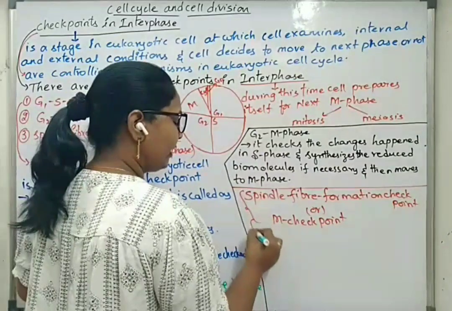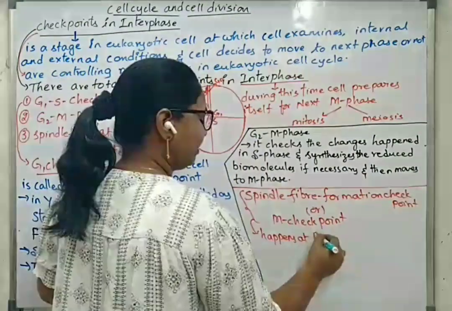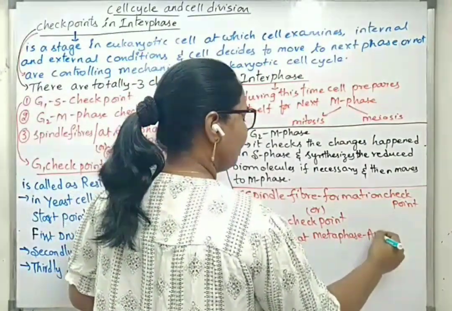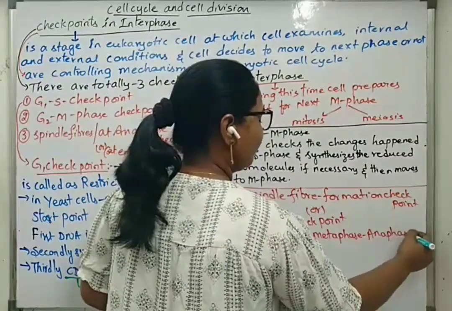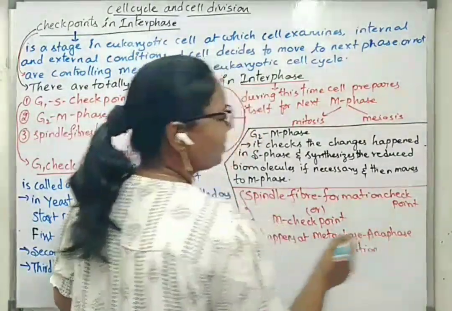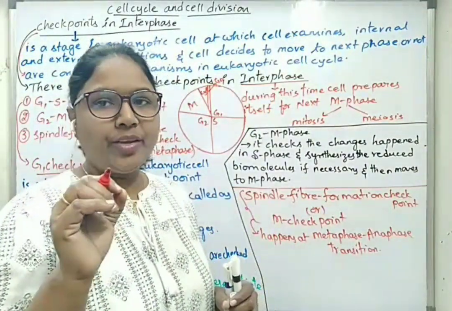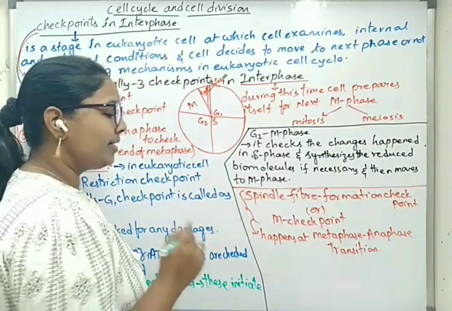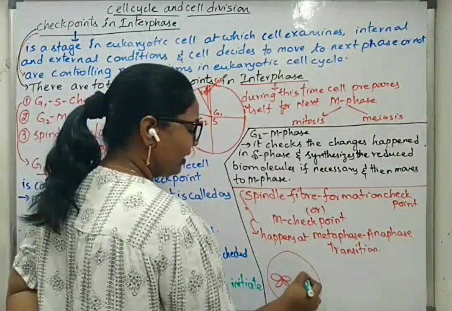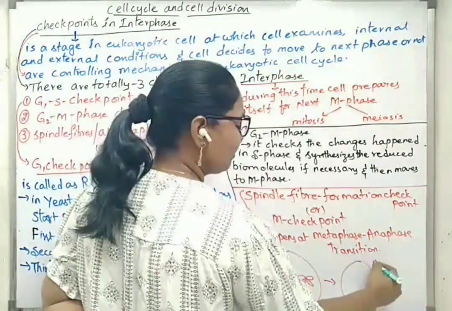This happens at the metaphase-anaphase transition. What does it mean? It means that it happens at the end of metaphase and at the beginning of anaphase, because during metaphase we can see all chromosomes aligned on the equatorial plane. In the next stage, anaphase,